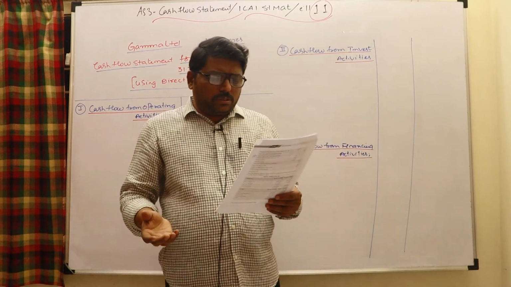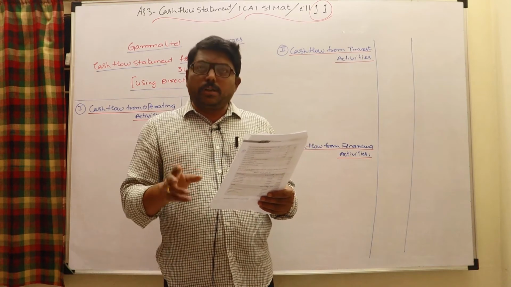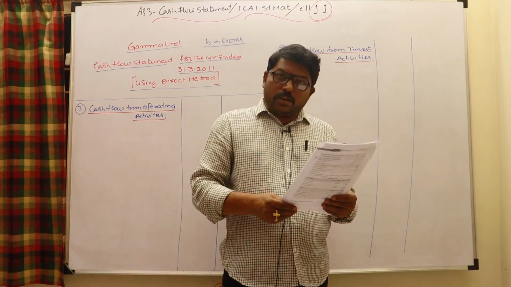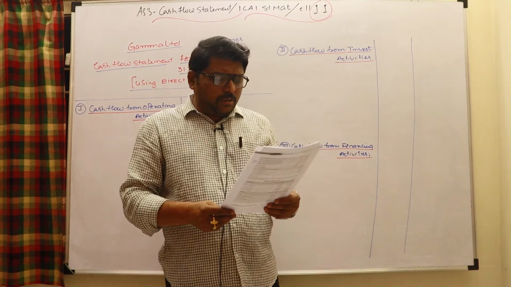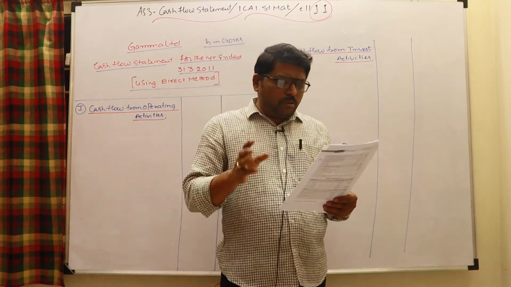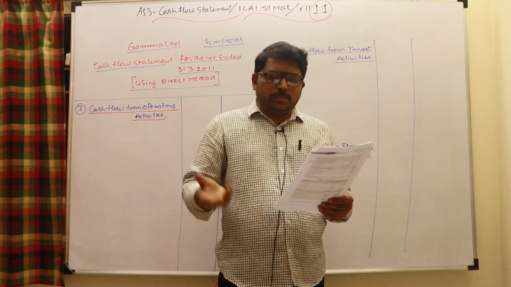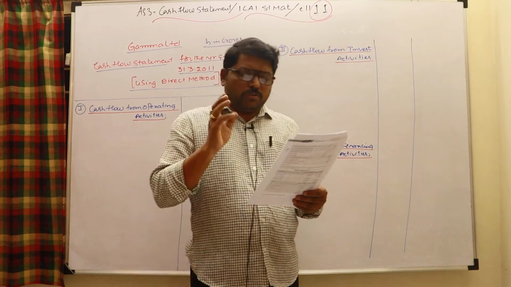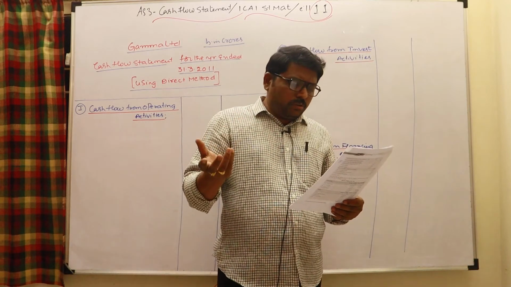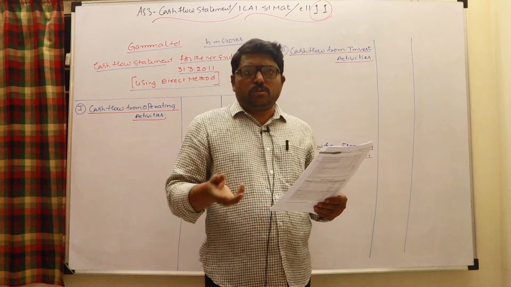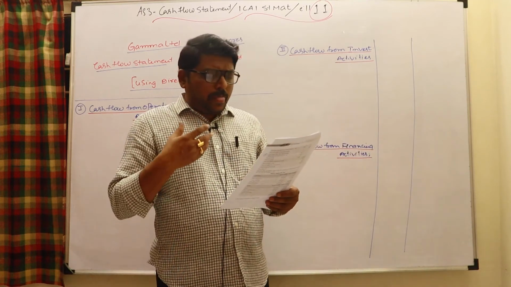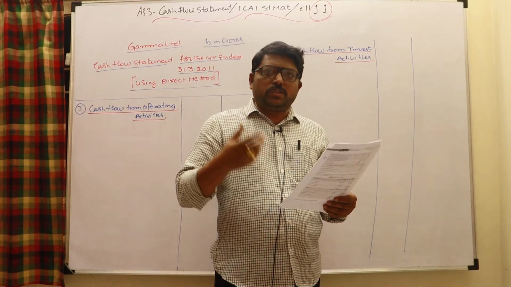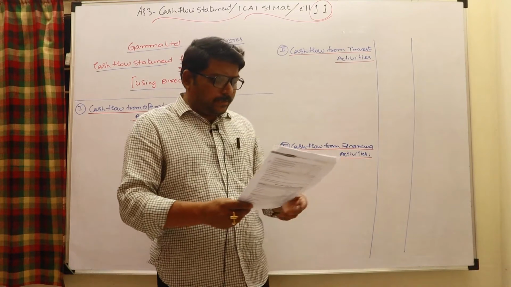The company redeemed 20 crores of debentures at 10% premium. 20 plus 10% premium means 20 plus 2, so 22 crores you have to pay for the redemption of debentures. Out of that, 15 crores worth of shares were issued to debenture holders as redemption, and the balance was paid in cash. Of the 22 crores redeemed, 15 crores is by the issue of shares, which means only 7 crores is paid by cash. So debentures are redeemed by payment of cash of 7 crores. It is obviously a financing activity. Here you have to take it.